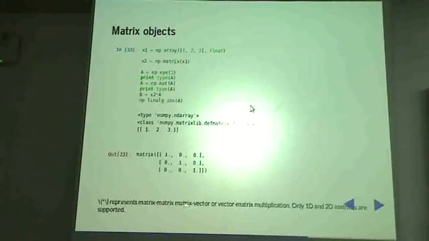Important thing to note is that one can do matrix multiplication, one can do matrix vector multiplication, vector matrix multiplication. Okay. Of course, subject to the appropriate rules. I mean, you can't take an incorrect length array and try to multiply it with a matrix. Okay, it will give an error. And only 1 and 2D matrices are supported by this matrix module. You can't do 3-dimensional matrices.